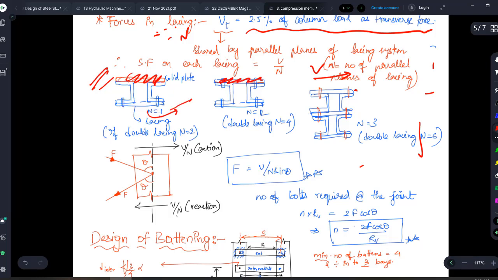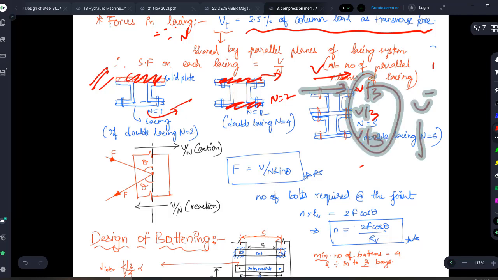If you have a C section, here also you have a lacing, here also you have a lacing, then your N will be 2, right? So if you have a section like this, you are joining multiple sections like this, then what will happen? One lacing here, one lacing here, one lacing here. So 1, 2, 3, you have 3 lacings here, N is equal to 3. So the shear force which each lacing system has to resist will be V by 3, V by 3, V by 3. In total the shear force V will be resisted by my lacings like this. I hope it is very clear, right? You will remember, there is no problem, right?